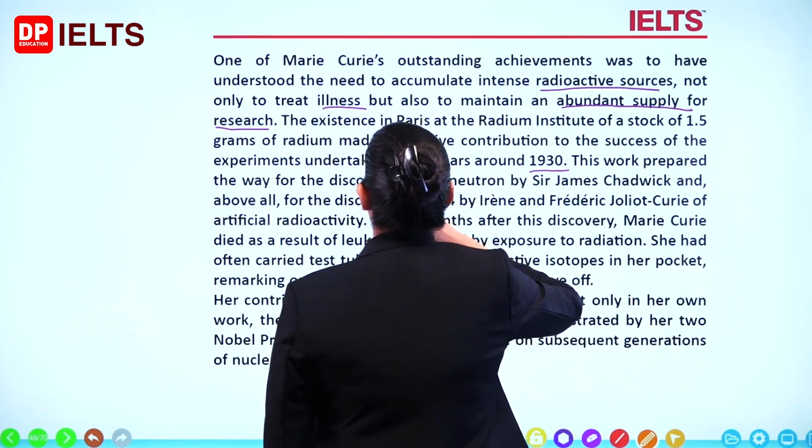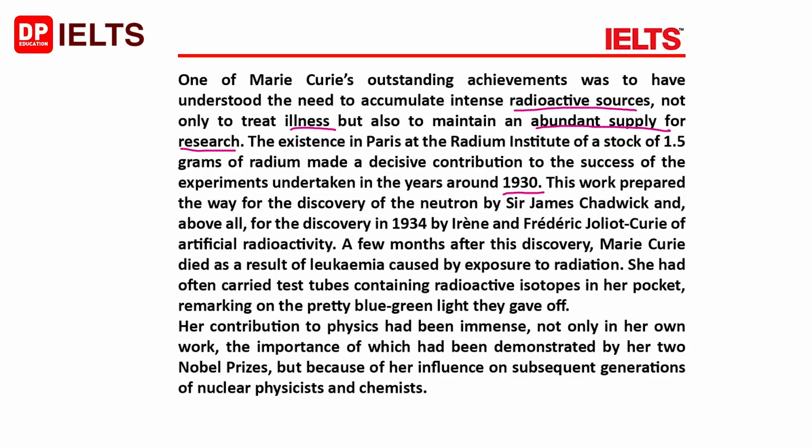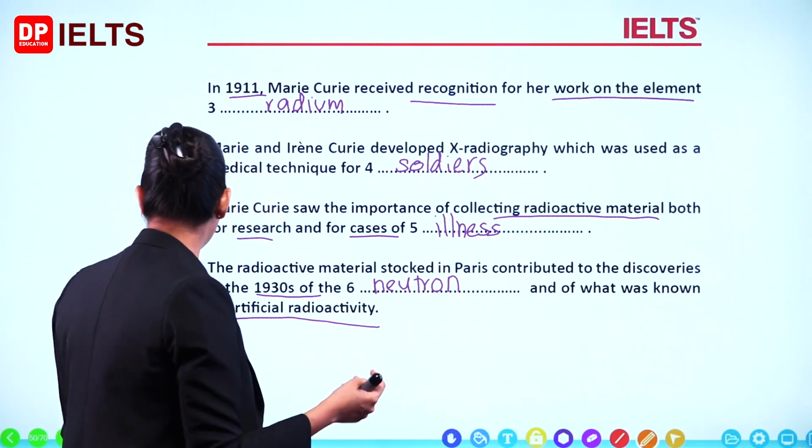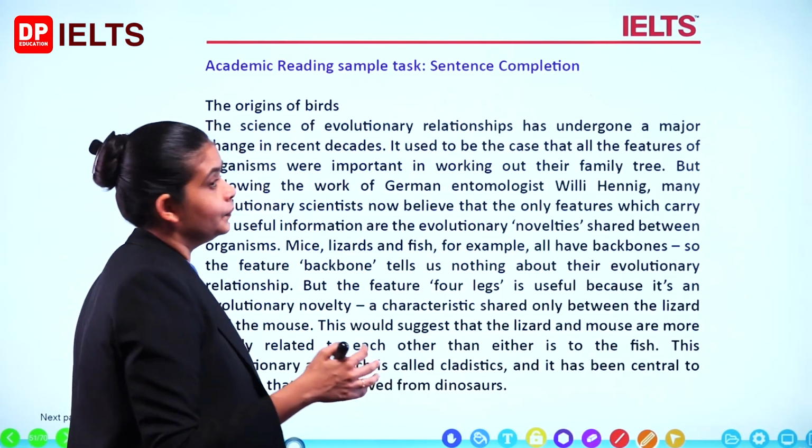Okay. The existence in Paris at the Radium Institute of a stock of 1.5 grams of radium made a decisive contribution to the success of the experiment undertaken. This work prepared the way for the discovery of the neutron. Okay. So what did they discover? Neutron. All right. So there we go. We've done all the